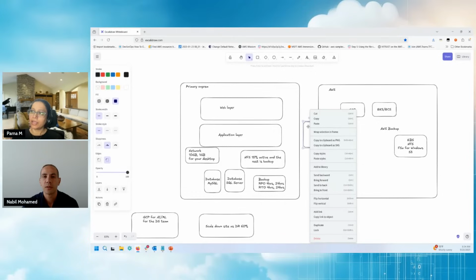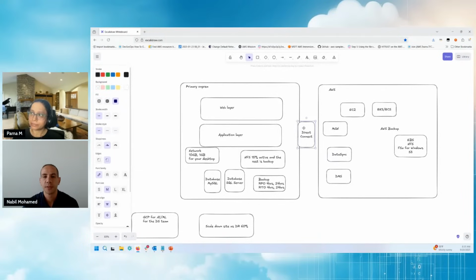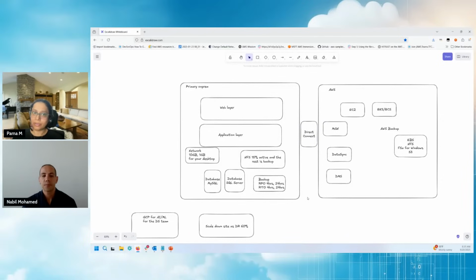Right. So during the transfer, we would like our partners to be connected at all times. So I think this would be a good option then. What do you think? Yes, that would be awesome. Yeah, that will be basically the best way to go through that. Okay. So all this sounds really good, Nabil.